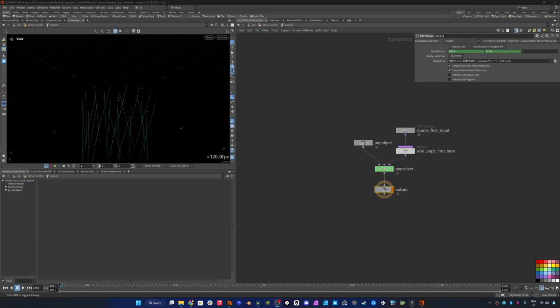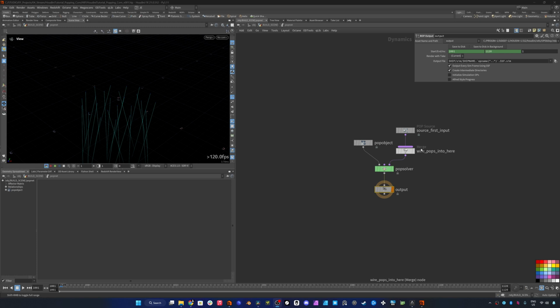Inside the popnet, we have all the basic components needed to create particles. If you're new to Houdini, the main important thing to understand is that this context works a bit differently than how things work in SOPs. In SOPs, operations normally flow top to bottom, but in DOPs, operations flow left to right, top to bottom. And this order of operations is pretty important to understand since simulations are based on the result from the previous